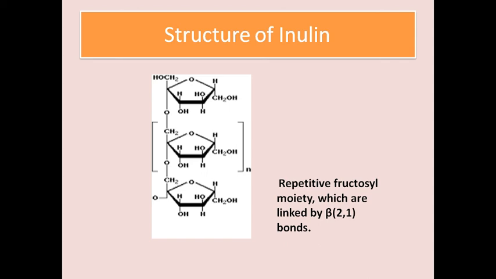Inulin is also known as dahlia starch. It has a lower molecular weight of 5 kilodaltons and can yield about 30 fructose units on hydrolysis. It is slightly soluble in cold water but readily soluble in hot water. Inulin is levorotatory. Biomedical importance: it does not give any characteristic color with iodine.